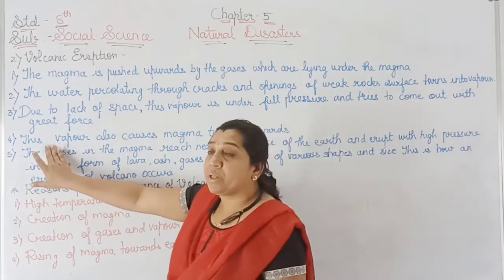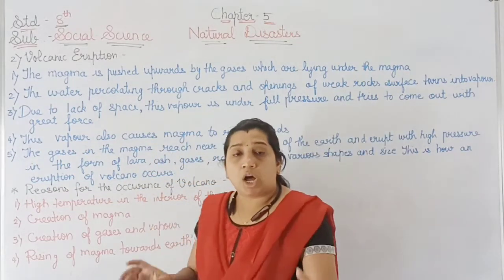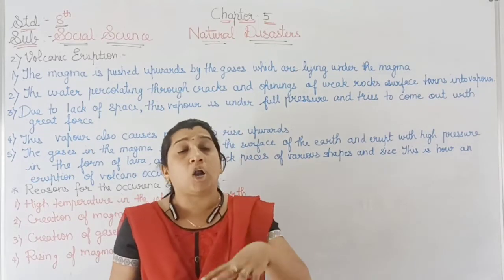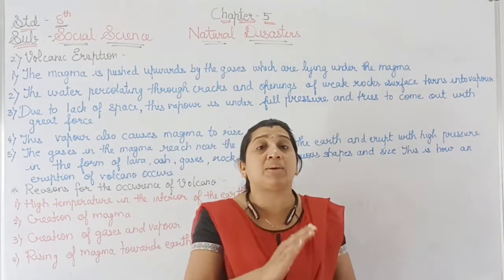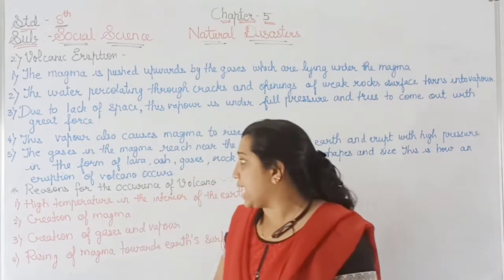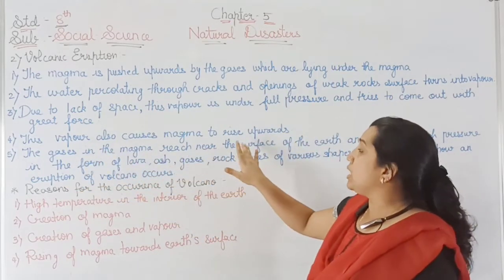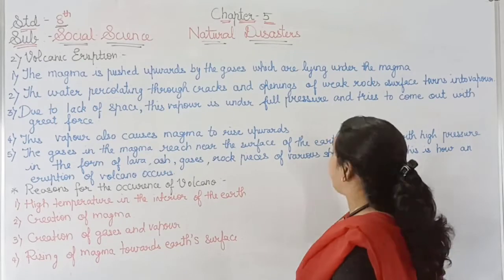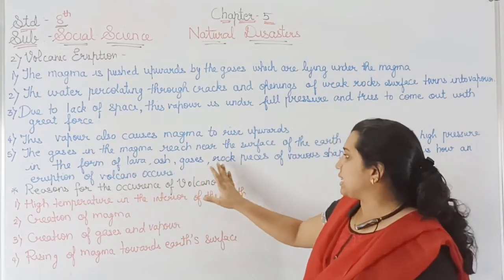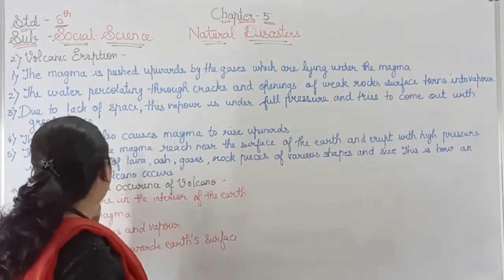Now the fourth point: this vapor also causes magma to rise upwards. Along with the pressure, the gases are forcing the water vapor along with magma to come out from the interior portion of the earth to the upper portion of the land surface area. The gases in the magma reach near the surface of the earth and erupt with high pressure in the form of lava, ash, gases, and rock pieces of various shapes and sizes,